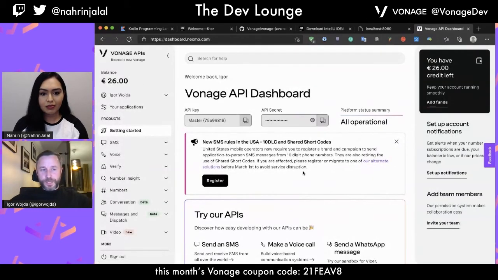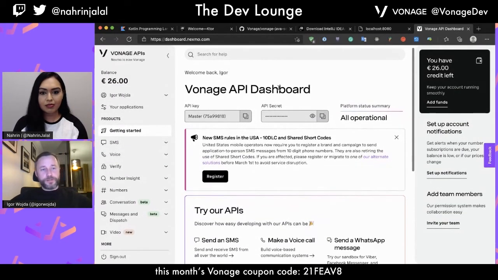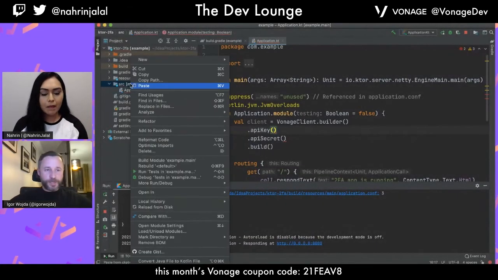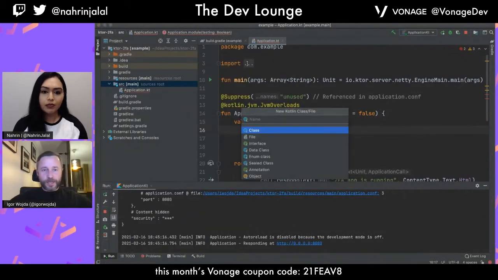So in this dashboard, I have created the project. Okay, so this doesn't create the project. So basically, in this dashboard, we have master, which is our API key. So we will copy this master to the project that we are creating. So let's create new Kotlin class and call it